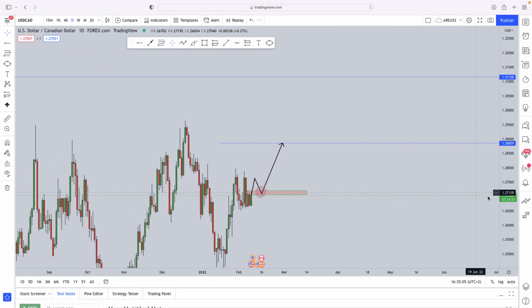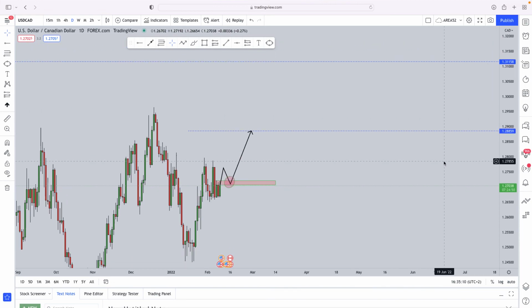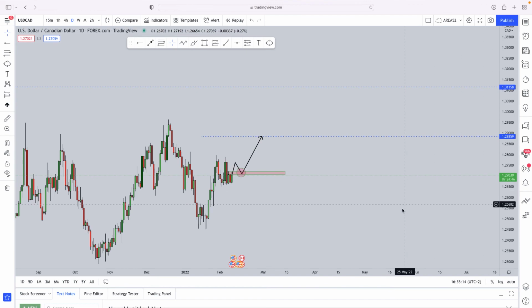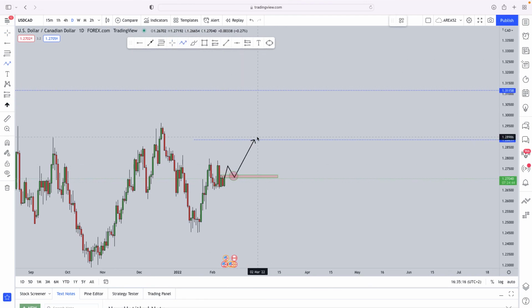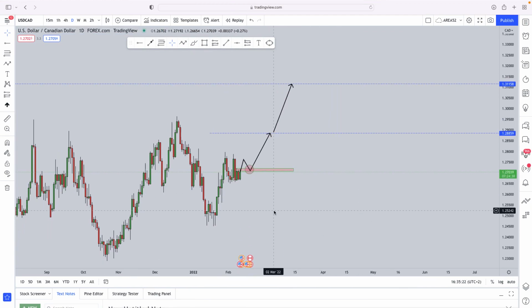Now, I don't want to drag this video out for too long, but this is the current situation that we can trade in the short term. Now, if you are a swing trader, here's a good opportunity for you to take this nice trade and you can swing it till the end of time.